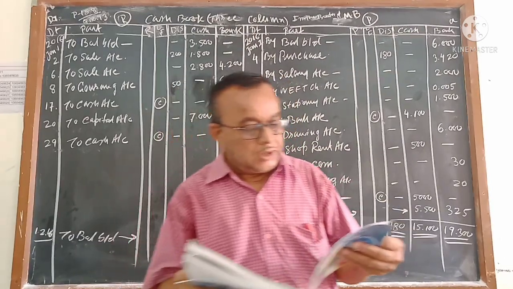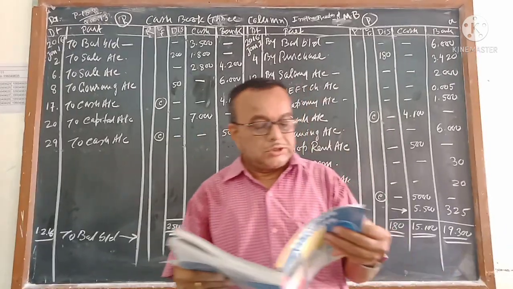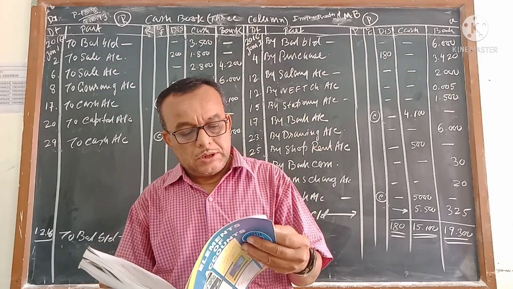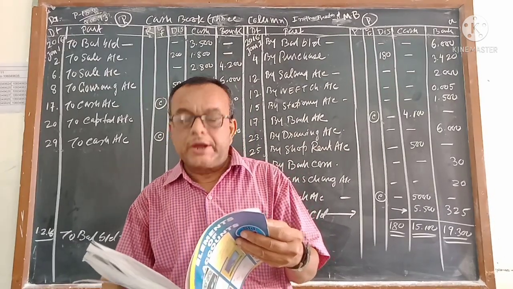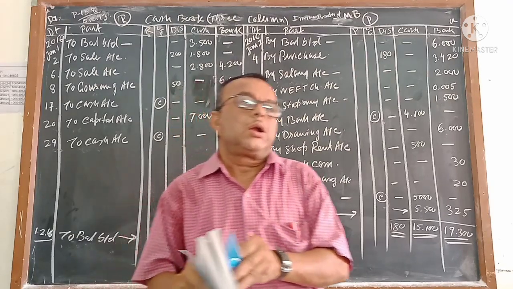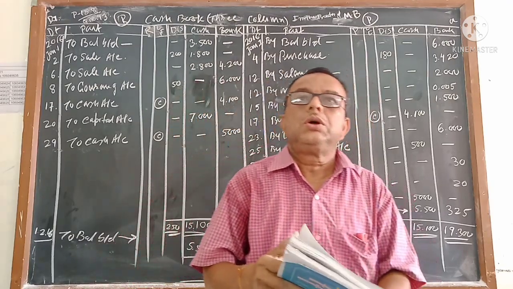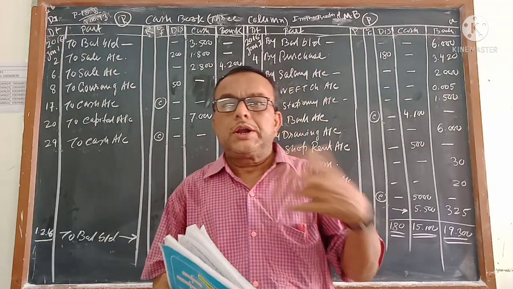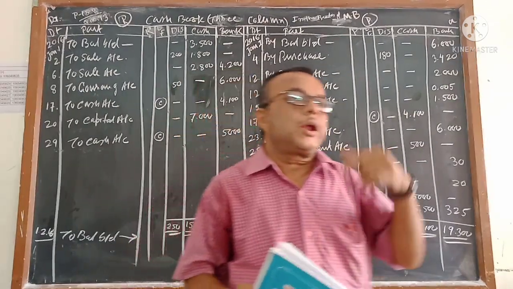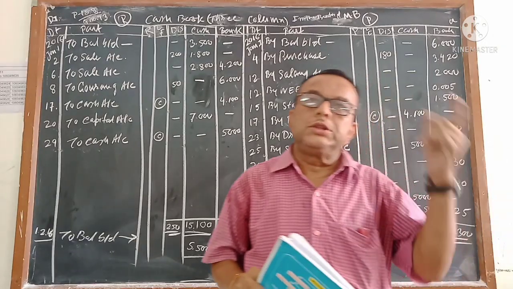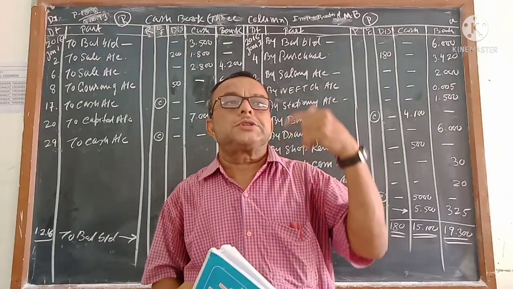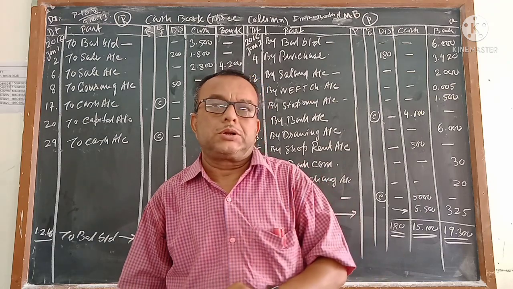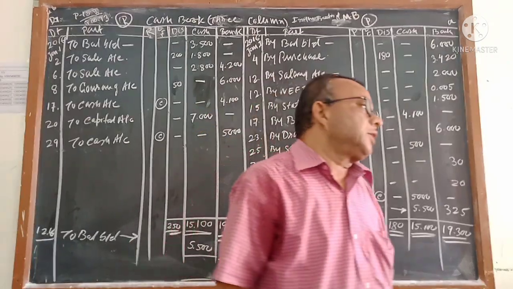After that I will start the ledger posting. Journal proper I will start in the next video, and you try to understand regarding the fair book. Those who are not coming to the school, those who are coming, I have already given the instructions regarding the fair book: whenever I complete a chapter, within 7 days of the completion of this chapter, you write the fair book of that particular chapter. So this is compulsory, to make the fair book.